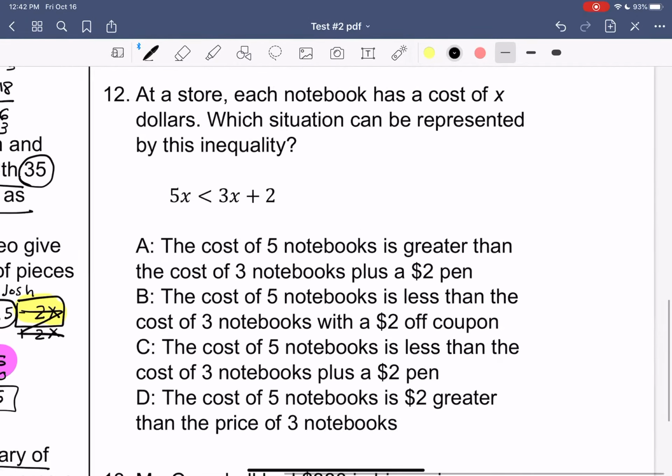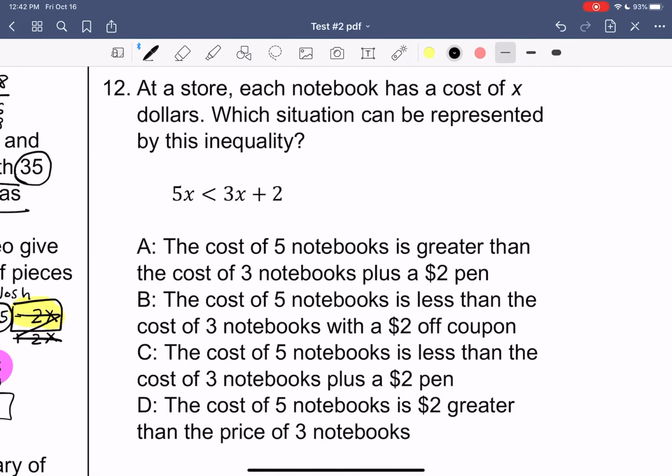All right. At a store, each notebook has a cost of X dollars. Which situation can be represented by this inequality? Okay, so notebooks are represented by X. So this is saying we have 5 notebooks is less than 3 notebooks. Again, we have our X. This right here is our notebooks, 3 notebooks